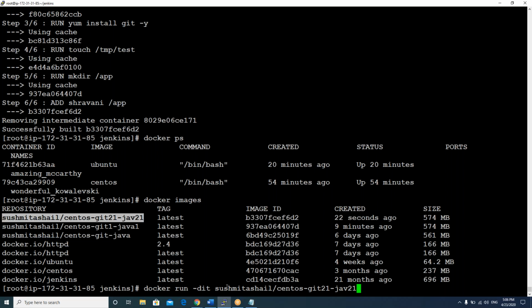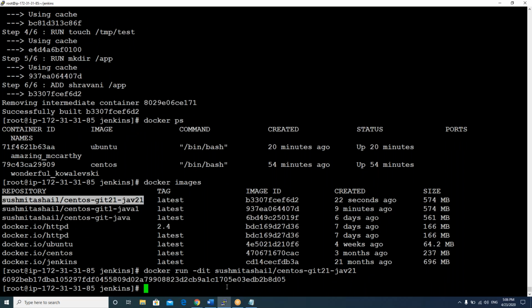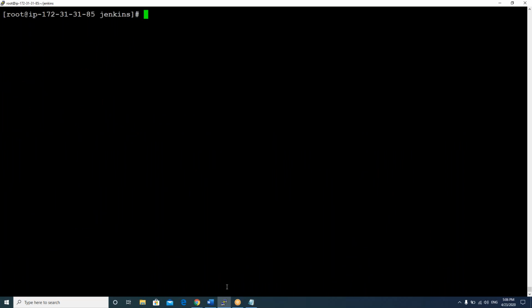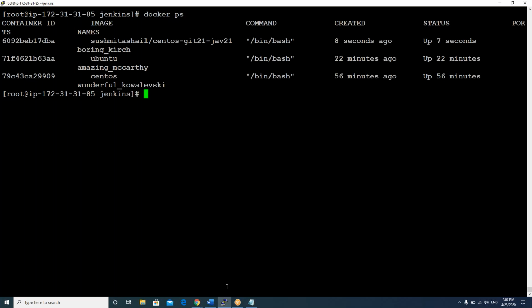Total CentOS, the files, Java. Exactly. The complete OS setup, whatever we did in that Docker file will be available now, and the folders also, the same folders. Exactly, everything. Whatever you did in the Docker file, you will get all of it. And now log in.